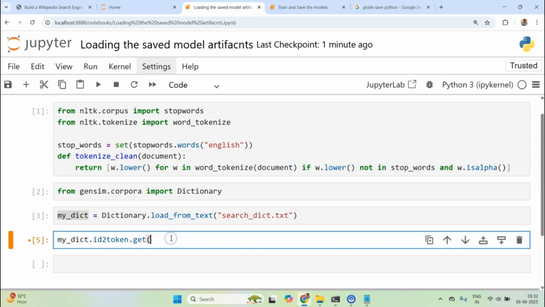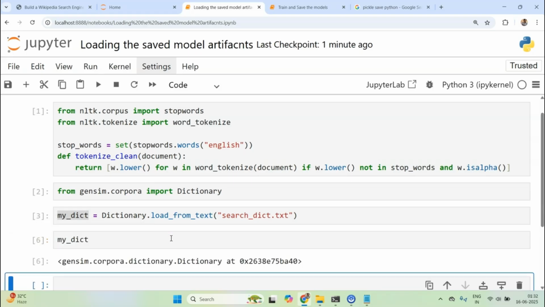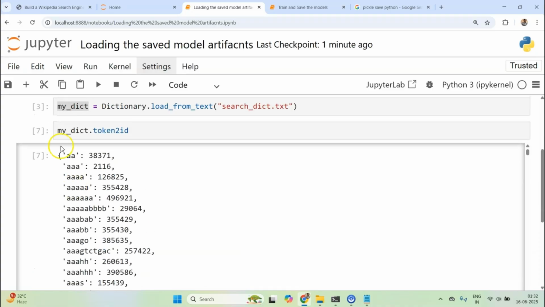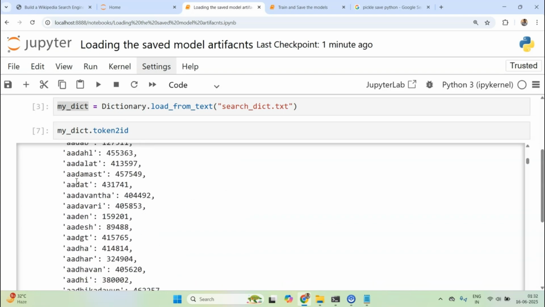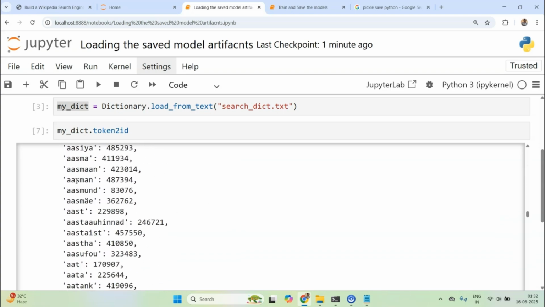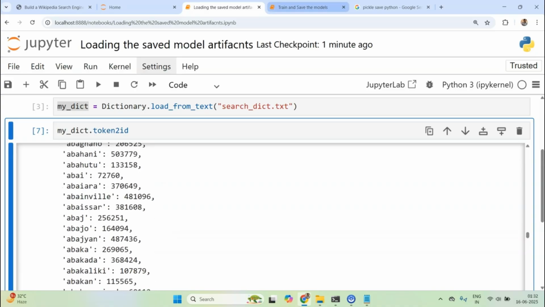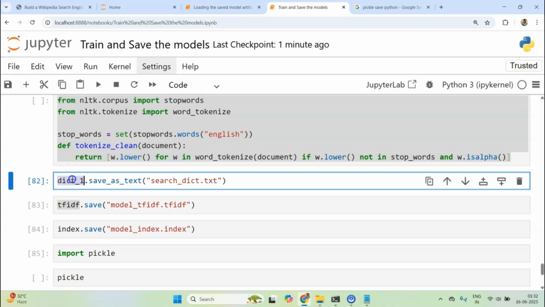One second, something has not worked correctly, so let me do token to ID. I think something did not work in our save stage. Save as text, search text.